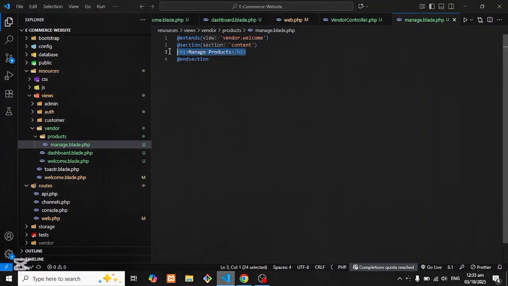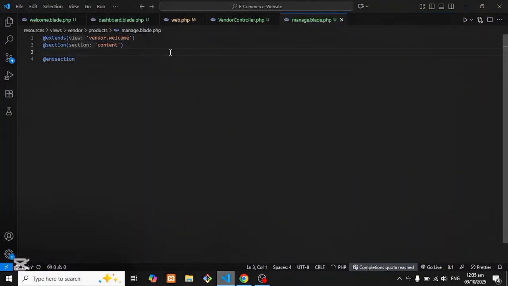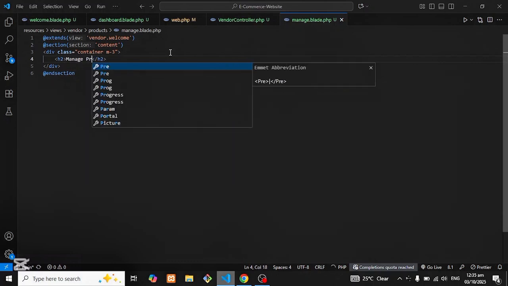First of all I will press Ctrl B and hide the whole file menu, so it's so irritating to me. So div.container, and also I will add some margin to it. Okay, so I have added some margin to it. Now I'm gonna add a heading here, manage products,